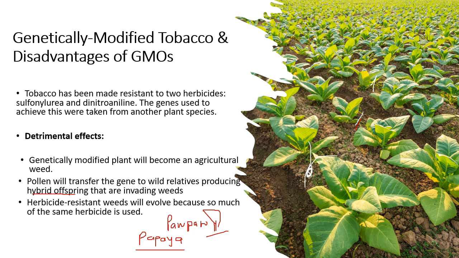Herbicide-resistant weeds can also evolve because so much of the same herbicide is being used over time, which means that even though this farm at the moment does not have any weeds, at some point there might arise a plant that says, okay, I know how to beat this, and it develops resistance the same way bacteria develop resistance to antibiotics. As a result, the weed becomes resistant to the herbicide itself, and so even when you use the herbicide, the weed does not die, which creates another problem because now you would have to find a different herbicide or maybe make a stronger concentration. And a stronger concentration cannot be said to not affect your actual plant. So these are some of the detrimental effects that you might face.